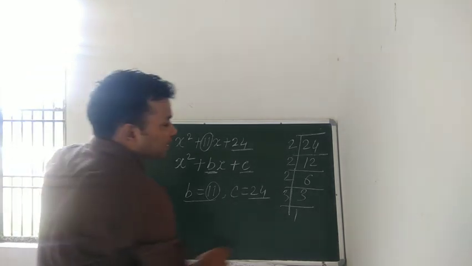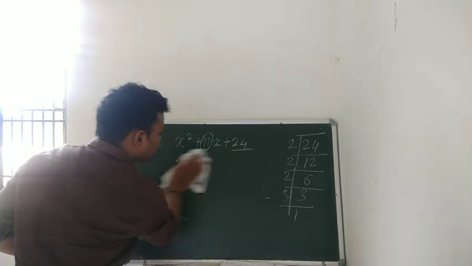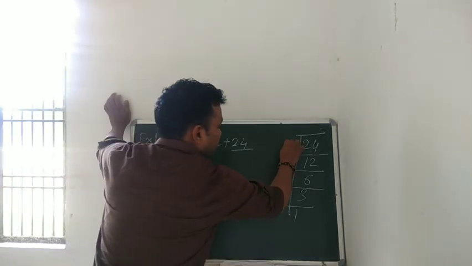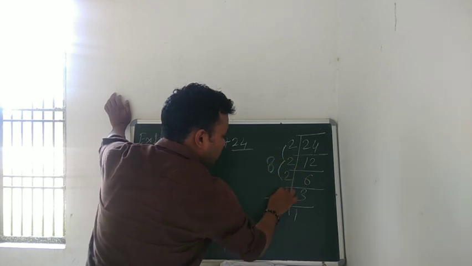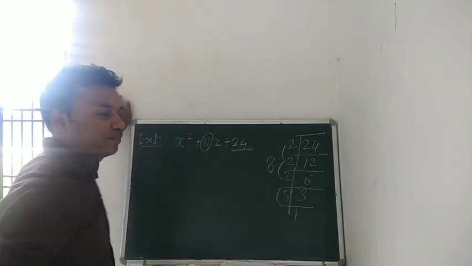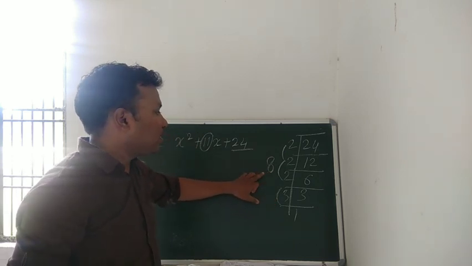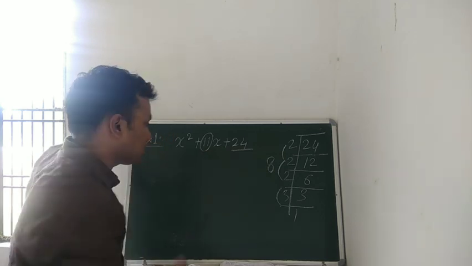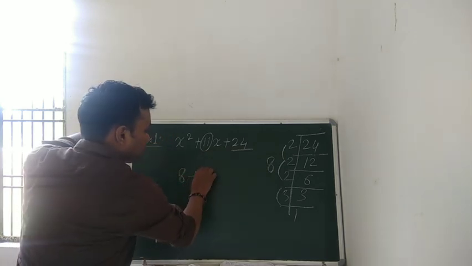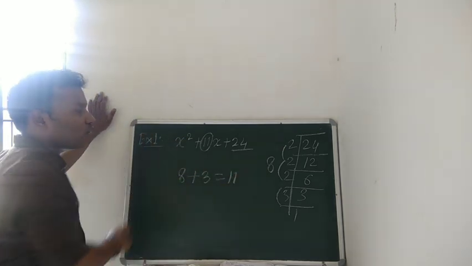So we will convert these factors into 2 factors, and we can do it by the multiplication of this 2, 2 and 2, which will equal 8, and the remaining factor is 3. So now we have 2 factors, 8 and 3. Now let's check whether their sum is equal to the value of b or not. Yes. When we sum 8 and 3, we get 11, which is equal to the value of b,